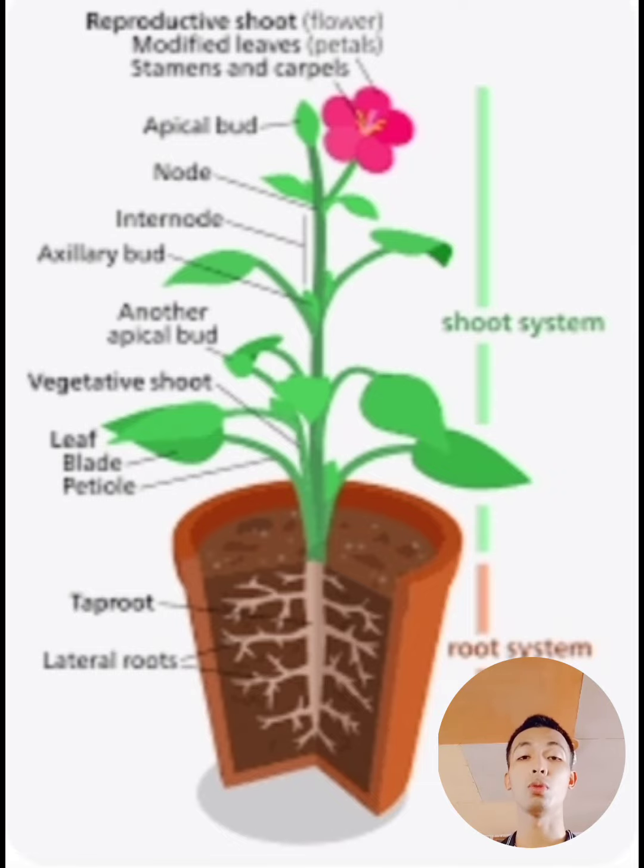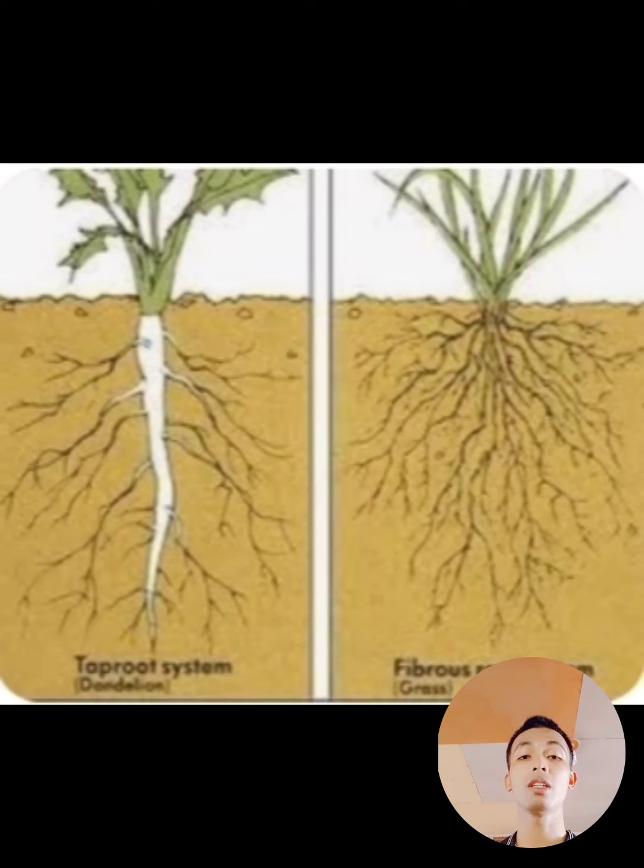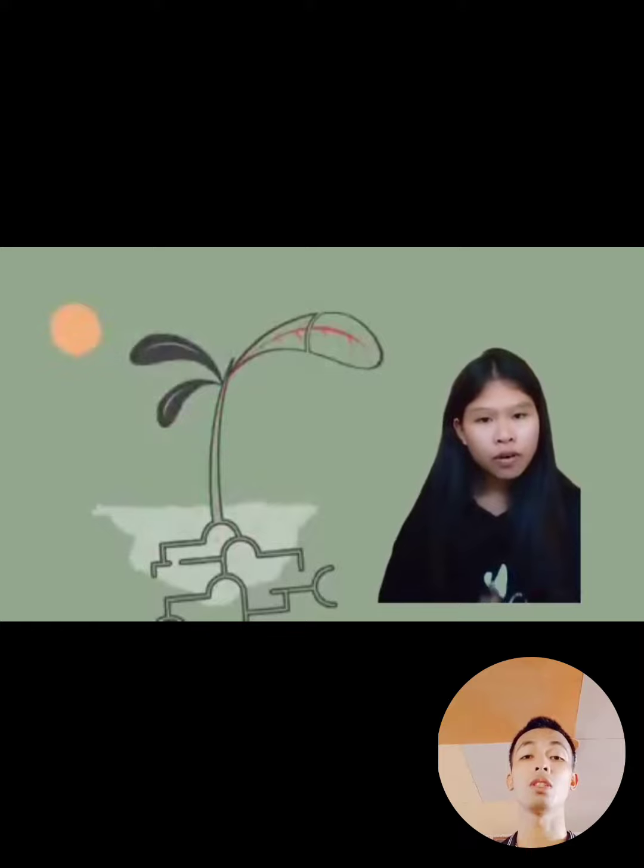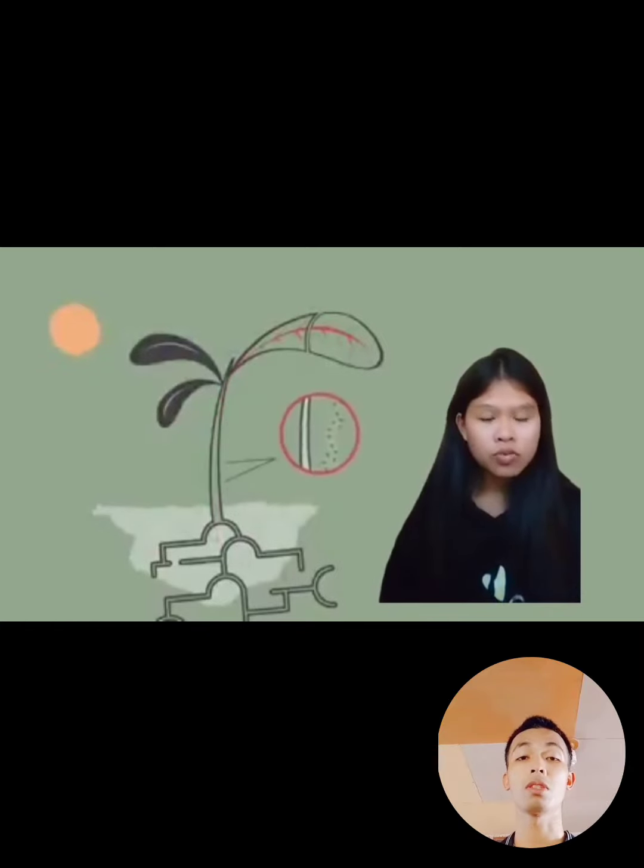What are the parts of a root system? The root system consists of two main structures, including the root cap and the primary root. And I am Jelyn Carriaga Flores, and I am going to answer question number 4 and